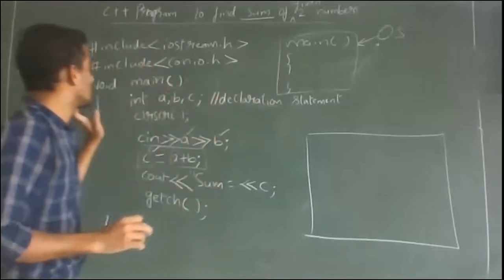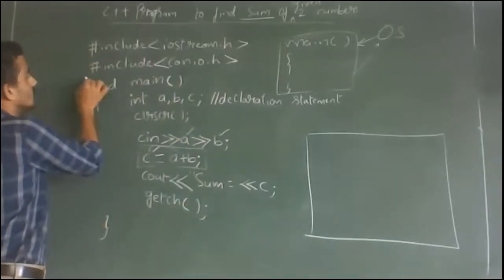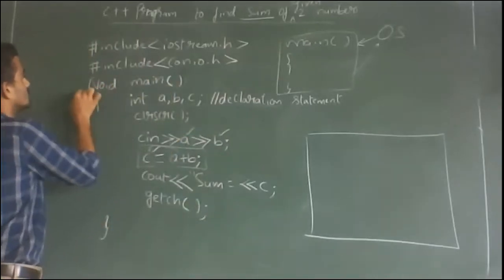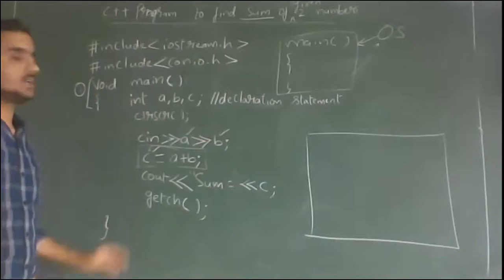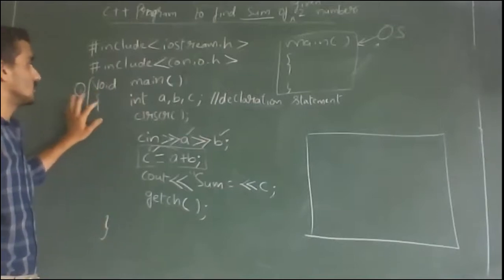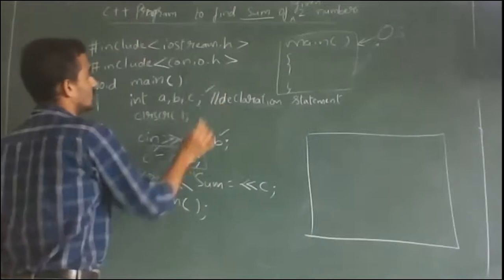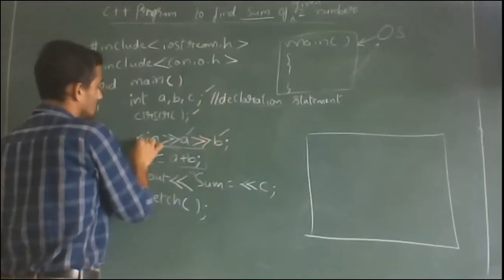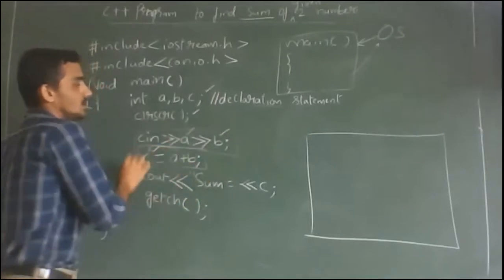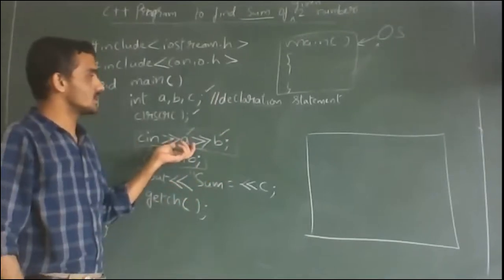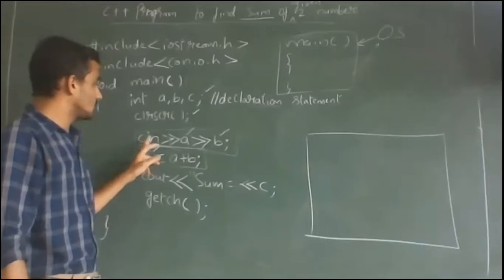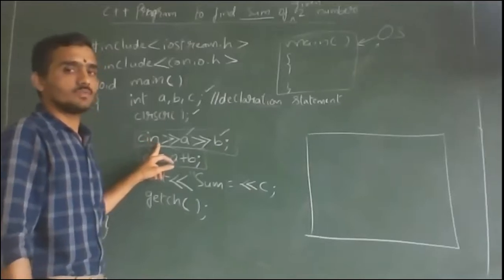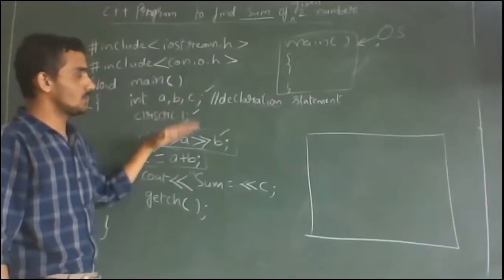So if you apply program control concept, these two lines will be executed first. That is main function and opening brace. Then declaration statement. Okay. Then clrscr statement. So after clrscr statement, we come to the cin statement. Fine. See, when program control comes to the cin statement, what happens? It is saying console input. So where is the console? This is the editor. Wherever you type the program, that is the editor.